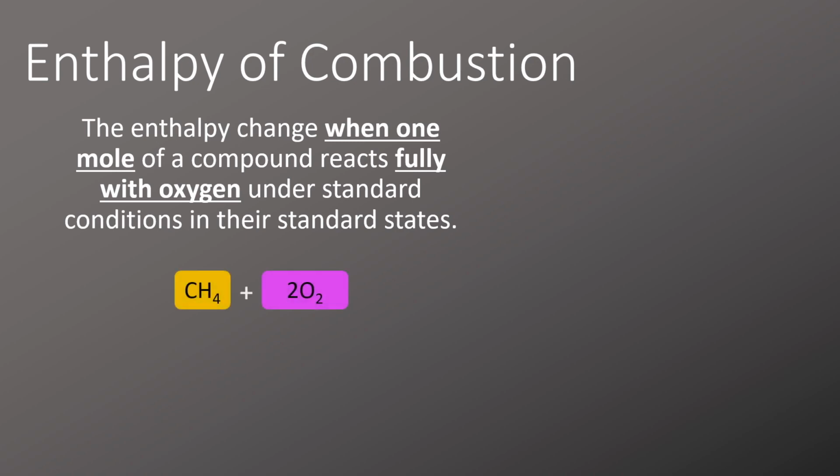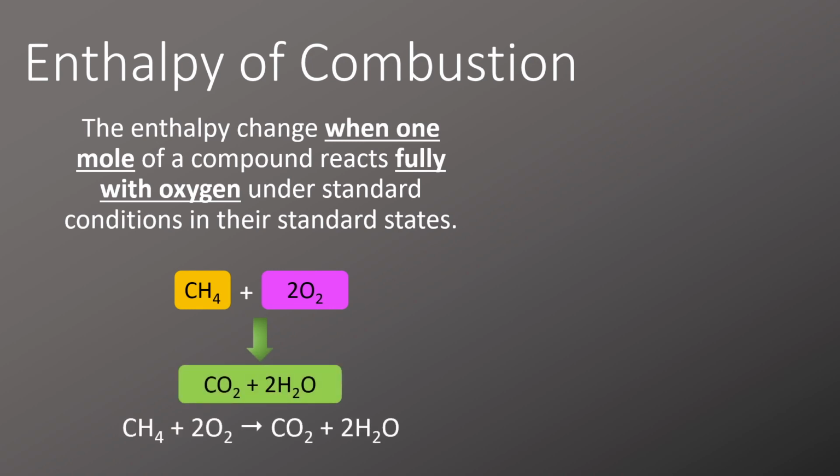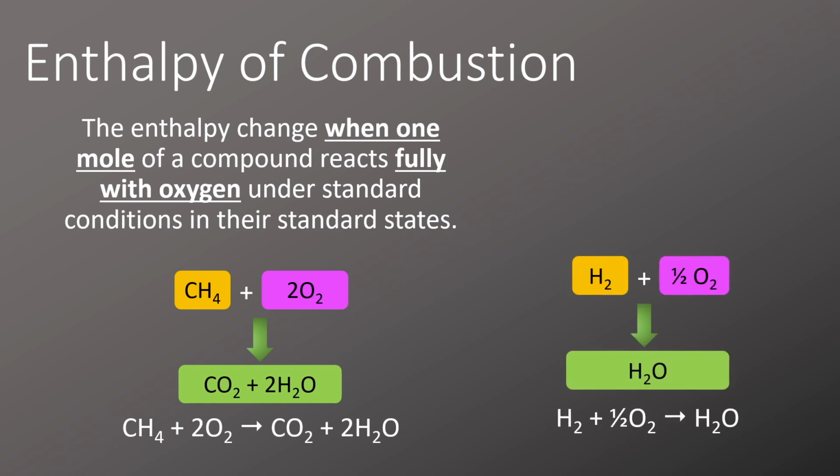So we can look at an example with methane reacting with oxygen. We've got 1 mole of methane reacting with 2 moles of oxygen to form carbon dioxide and water. In a slightly more complicated example, we've got hydrogen reacting with a half oxygen this time to make water. The reason why we're using a half oxygen is because we only want to react 1 mole of the hydrogen